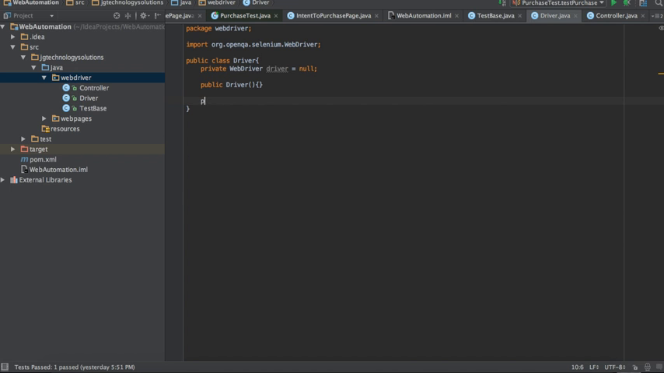And then we're going to get our driver. So public WebDriver getDriver. Okay, so this driver should get the driver that you want to use for Selenium. So right now I'm just going to use the native one, the Firefox driver. So if driver equals null,